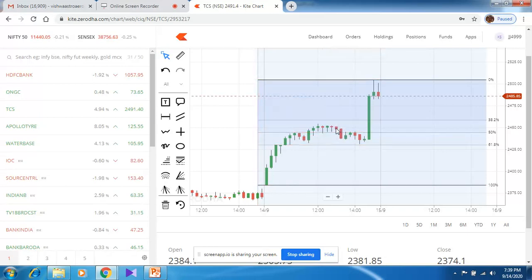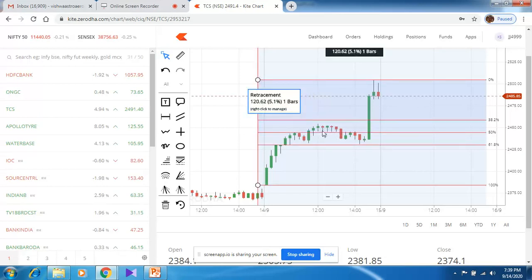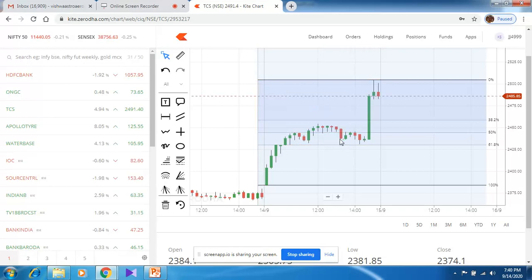So again, when it came down, as you can see, it tested this line several times over here. In the next progressive candle, once it came down and crossed this 50% line, suddenly it went down till here. There was no stopping it. Afterwards, another candle opened up here, so it maintained this pattern. And again, it tested this line, 61.8. Remember, there was no crossing of it, but it tested it.